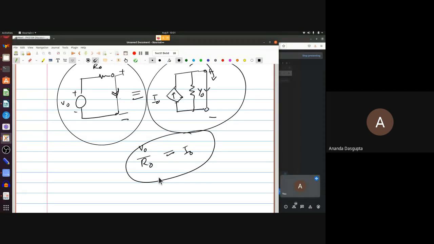Why should I naught be V naught by R naught? The answer is, this ensures that the same current flows when you have a short across both ends. Remember, if they are really equivalent, then if you do the same thing across the two ends, you should have the same result. Now, what about the other one? How do you find that out? If I have an open circuit here, if I don't join anything, how much should the voltage be across this?